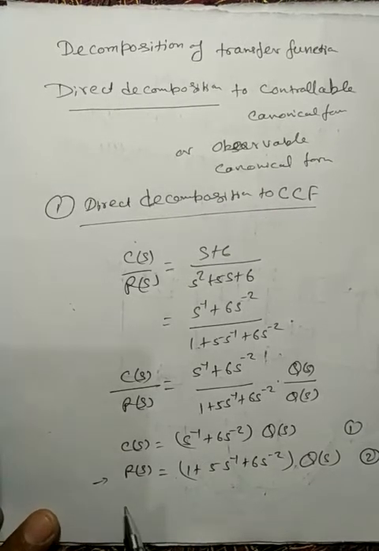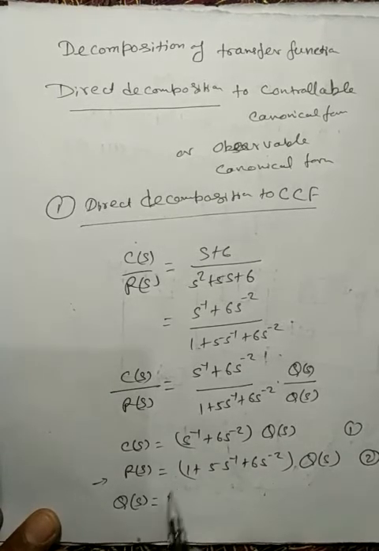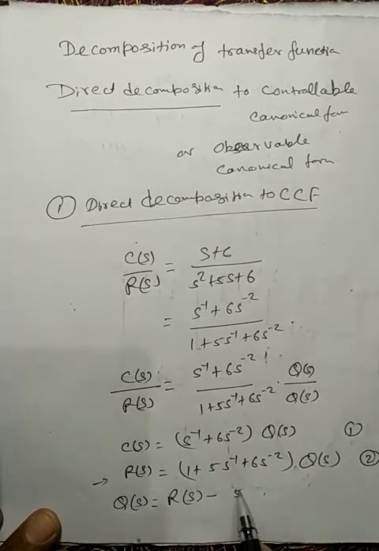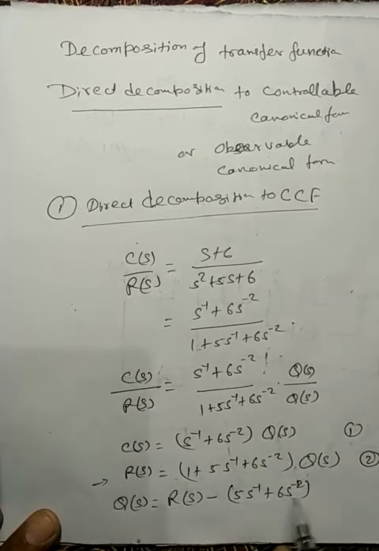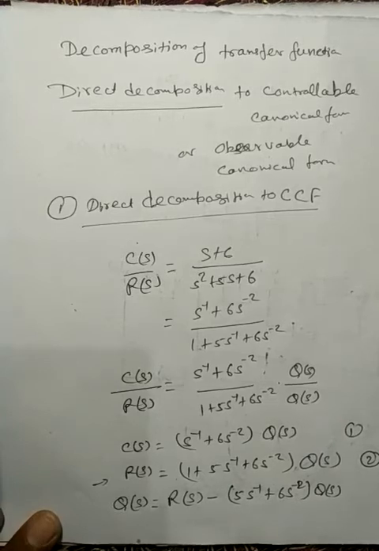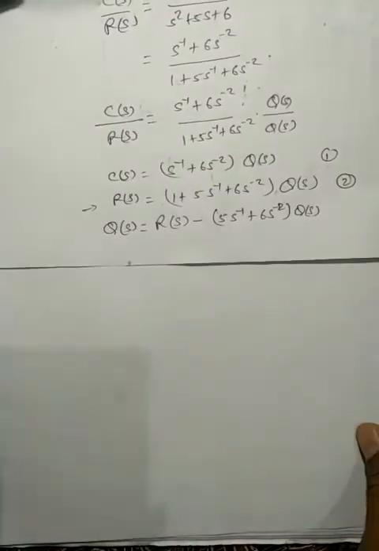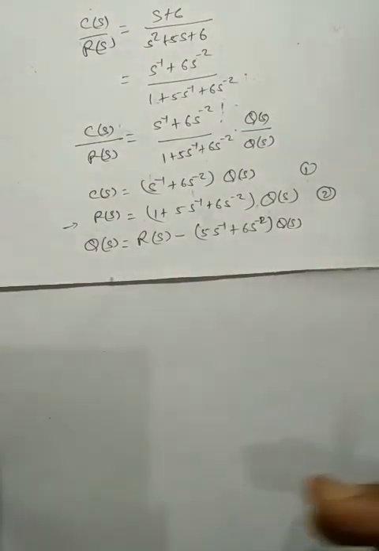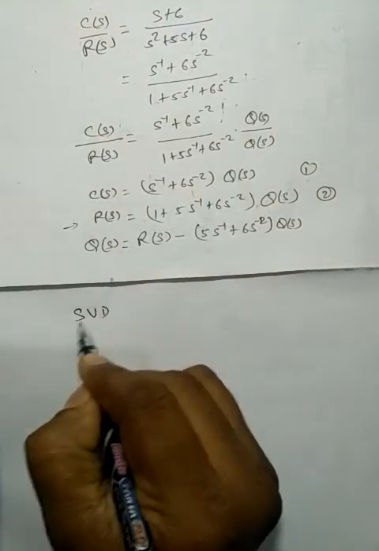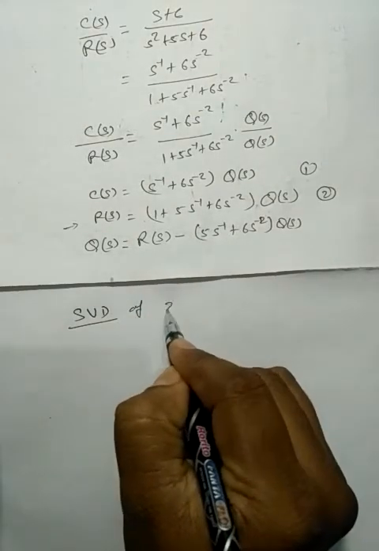First take this equation and rewrite it as Q(s) is equal to R(s) minus 5S inverse plus 6S minus 2 times Q(s). Right? And now if I draw the state variable diagram, SVD, of equation 2,